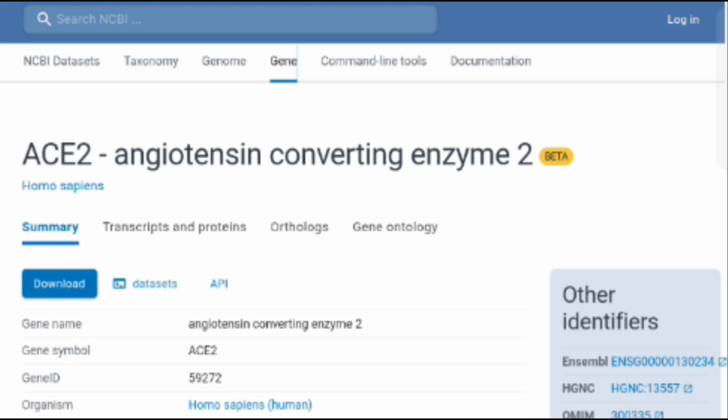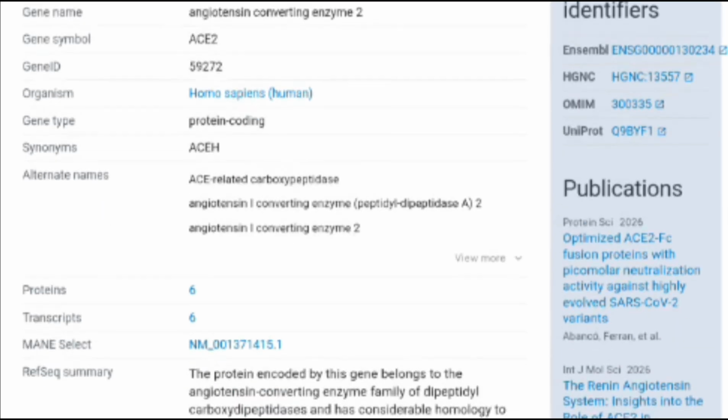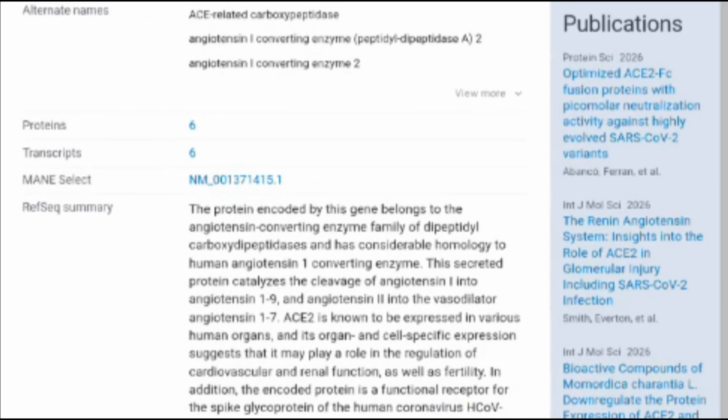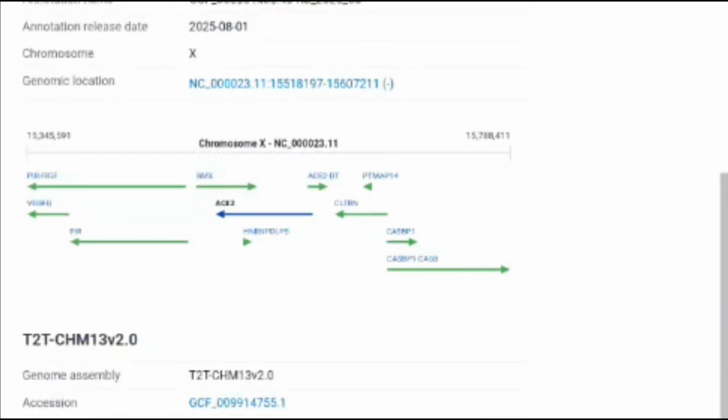After clicking on it, we get the gene name, gene symbol, organism, gene type, alternative names, protein, then reference summary, and all the essential things are there. The genomic contents and annotations, genomic location, accession number,